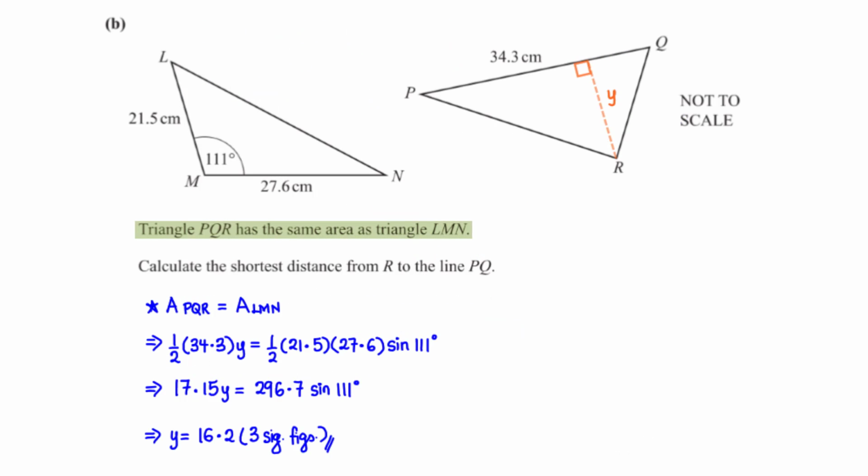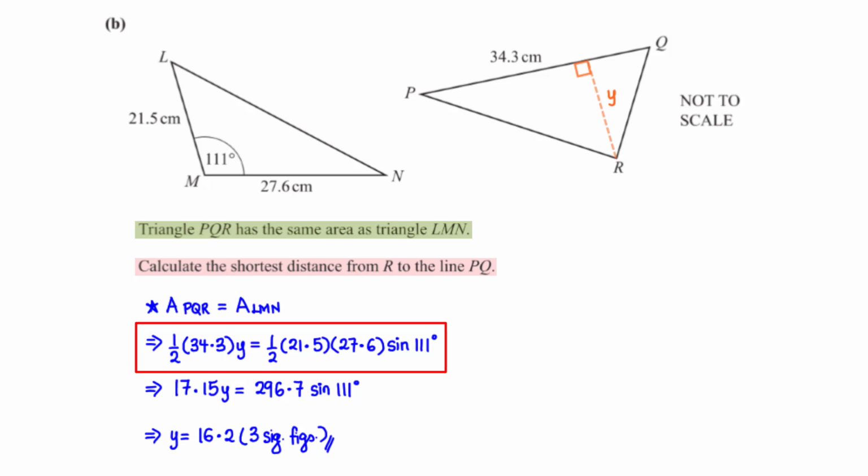Triangle PQR has the same area as triangle LMN. Calculate the shortest distance from R to the line PQ. The shortest distance from R to line PQ is the same as the perpendicular line from point R to line PQ. We are calling this distance Y. We've been told that the areas of the two triangles are equal, and so the area of triangle PQR, which